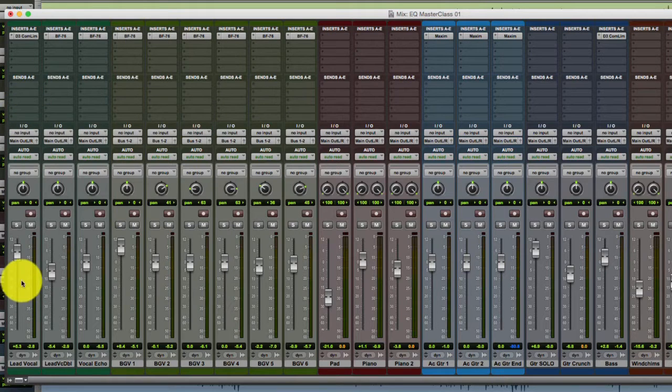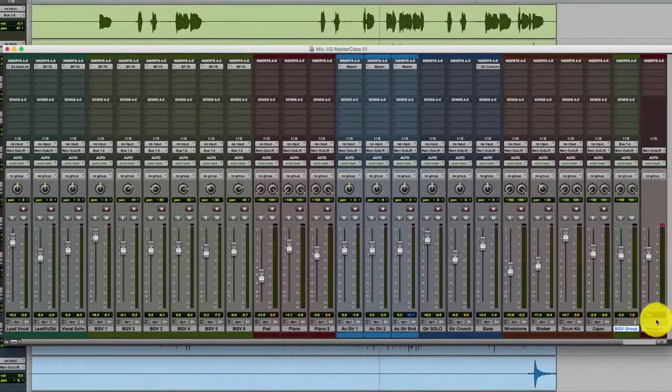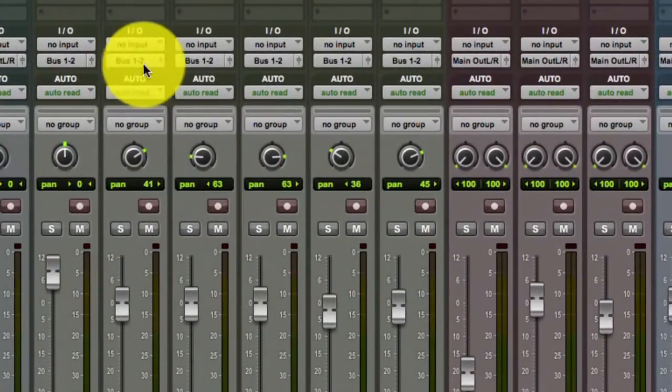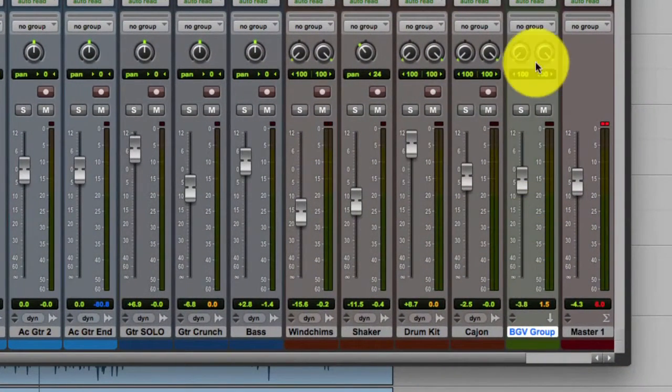So for example, this is my lead vocal right here. What I've done is the background vocals here, and I have 6 background vocals. Instead of sending them straight out to the master, I've sent them out to bus 1 and 2, which feeds this subgroup right here. And all that means is that if I was to play this,